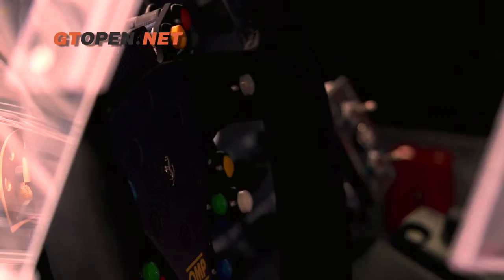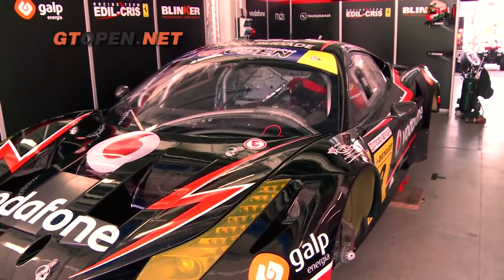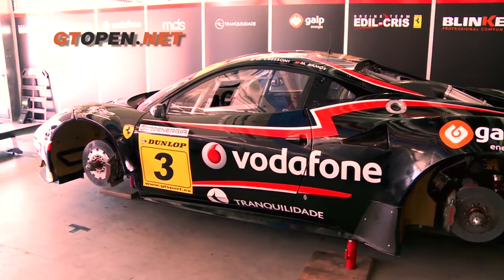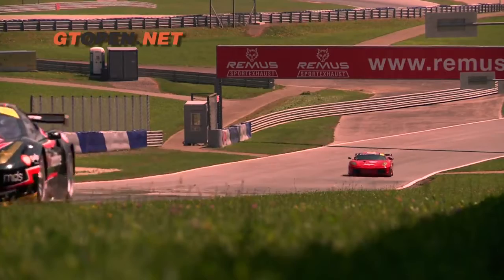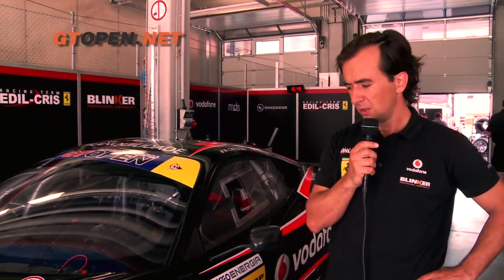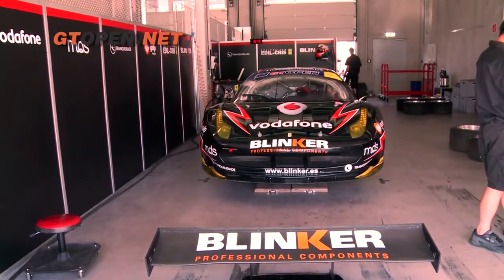Basically, generally, this car has more grip because it has more aerodynamics, but to compensate that, in order to balance the cars here in the championship, it has more weight. So it is faster cornering, but on the straight it's not as fast as the 430 so far. So the big challenge on this car is to do a setup that we can be faster in the corners,